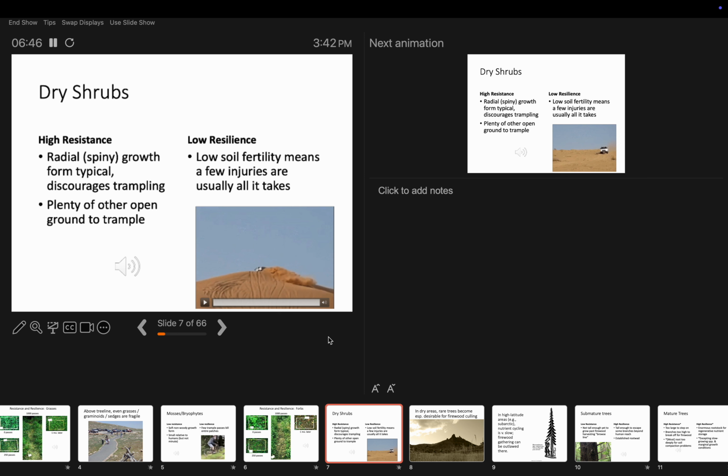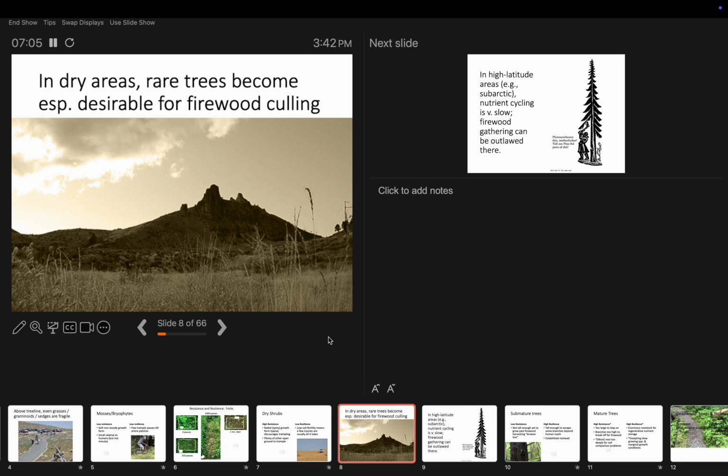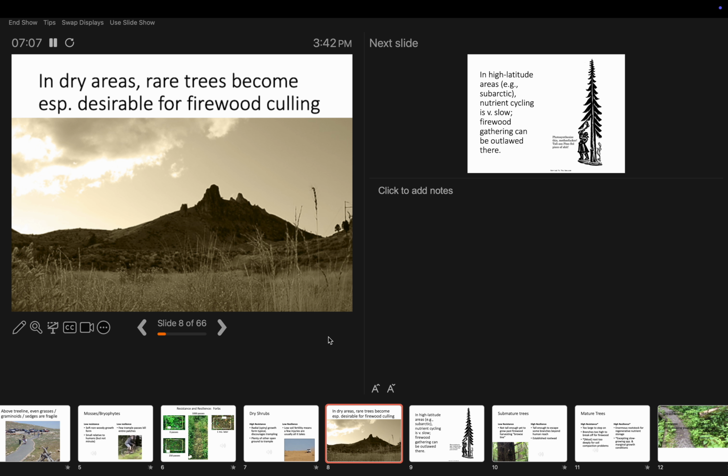Tree saplings: high resistance, low resilience. Mature trees: high resistance, high resilience, except for shallow-rooting species like giant sequoia and coastal redwoods. Okay, so we have to consider size, moisture content, nutrient availability, growth form, and adaptations like thorns, for example,